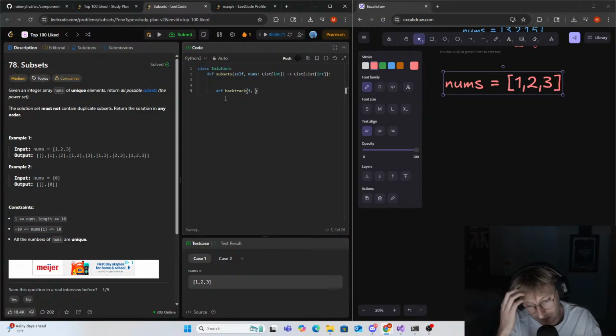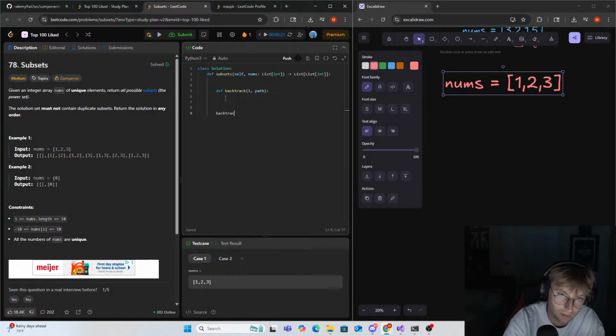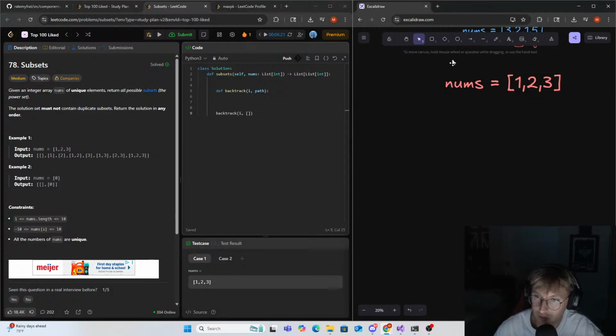I'm gonna do it in Python first. So I'm thinking probably a backtrack function with an i and a path, a path being maybe an array of some sort. So the way I'm thinking about it is,